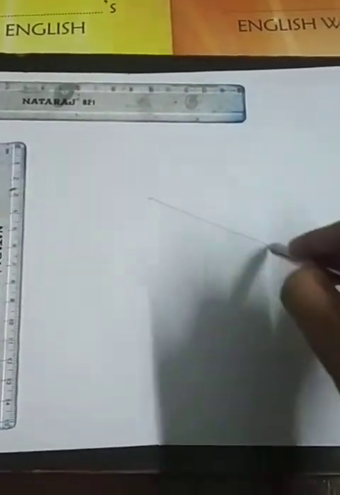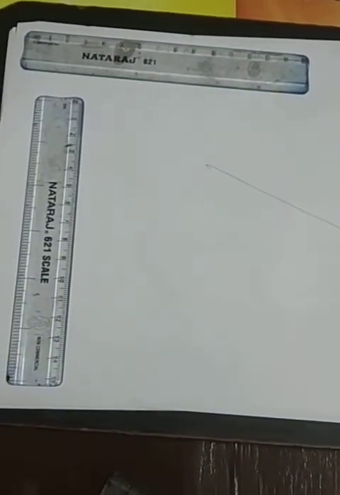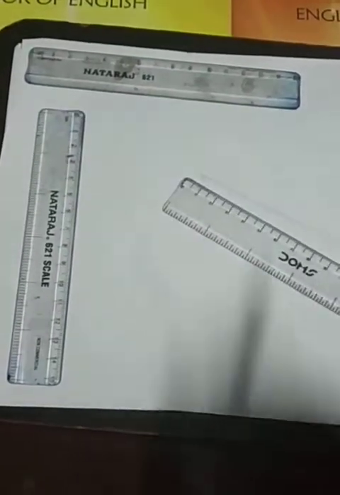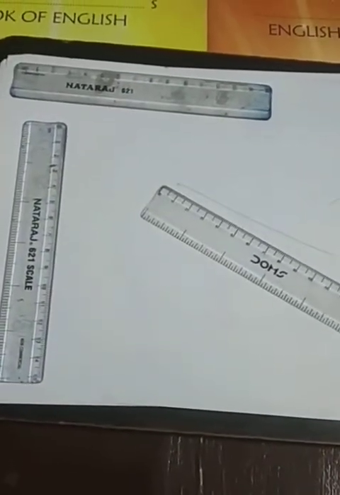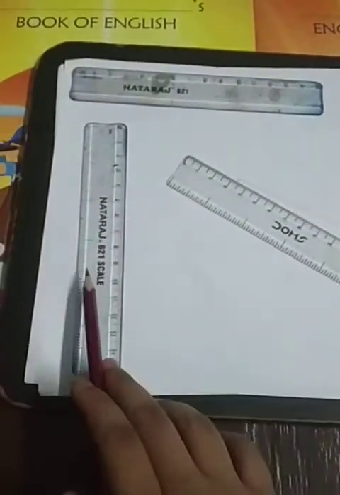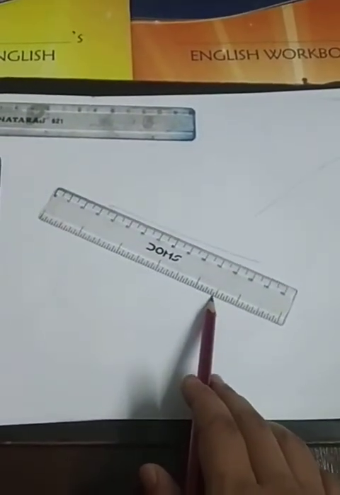Okay. How we can make slanting line? Like this. Like this. Okay. This is the slanting line and this is also a slanting line. जो टेढ़ी हो जाती है थोड़ा सा. So from today onward, whatever the letter we learn, we would need three lines. Either standing line or sleeping line or slanting line. Maybe all the three can be used together or maybe two lines can be used. So this is called sleeping line, this is standing line, and this is the slanting line.